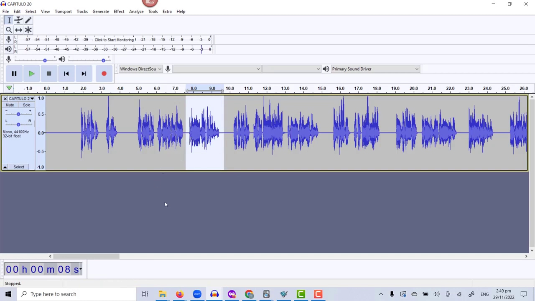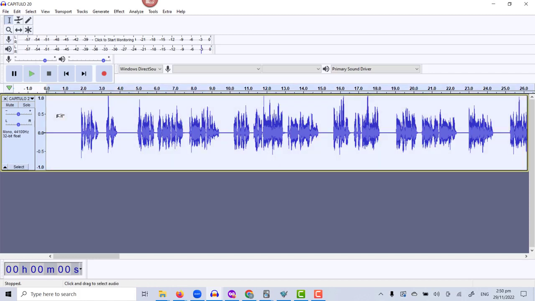So what I'm going to do now is I'm going to show you an extra really useful thing that Audacity can do. And that is, instead of me bouncing around selecting all these, if I select the entire audio, so I'm going to select the whole track by doing a Control A like that, and you notice the whole thing is now lit up. And now if I go to Analyze and Sound Finder,